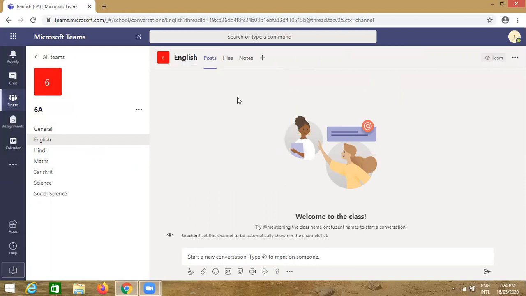So before giving any lesson to the students, ensure that you have saved a lesson in your laptop or PC or mobile. For your convenience, please make a folder on your desktop and then save all your lessons and assignments in that folder. This way, you can manage your lessons easily.